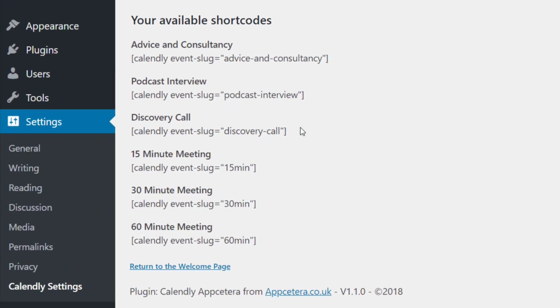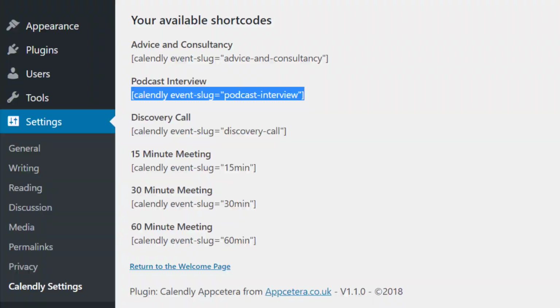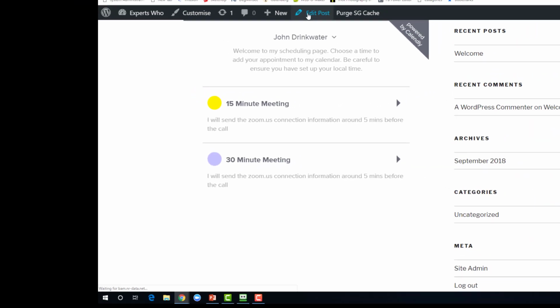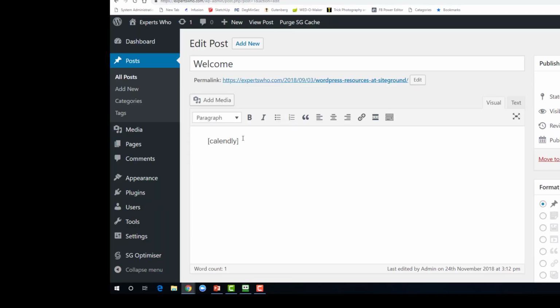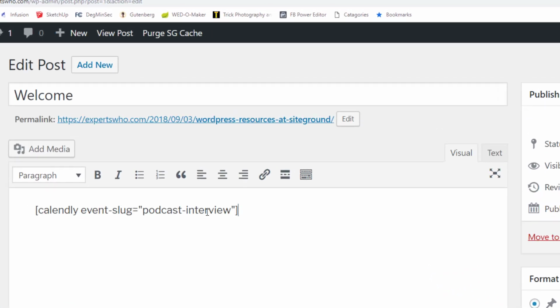So if I wanted to set up a podcast interview page, I could take this code, copy it, go back into my experts page and edit the content. Instead of just having Calendly, now I have Calendly with the event slug. And if I hit update,